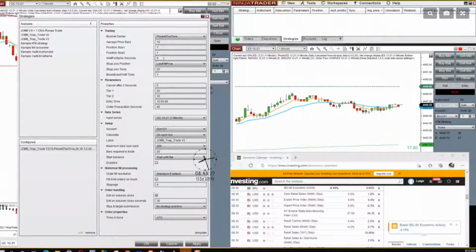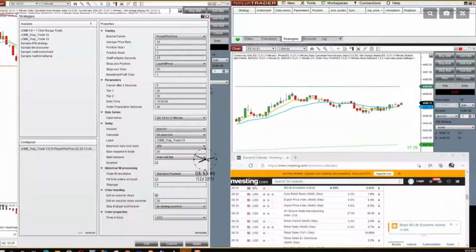The old version of the trap trade before version 2 used to put orders on the chart without a stop being placed. But now there's a protection where if there's a burst, it'll put a temporary stop on the chart and it'll wait 5 seconds before it moves it to the proper place.